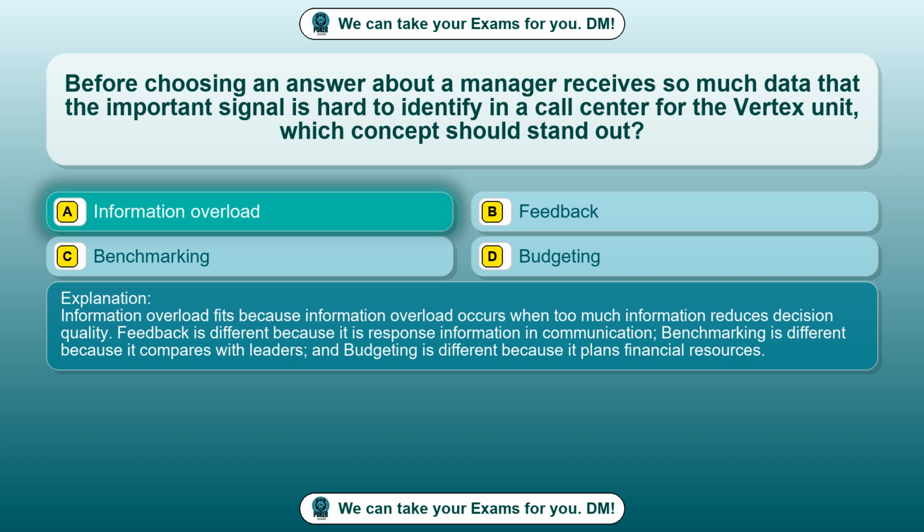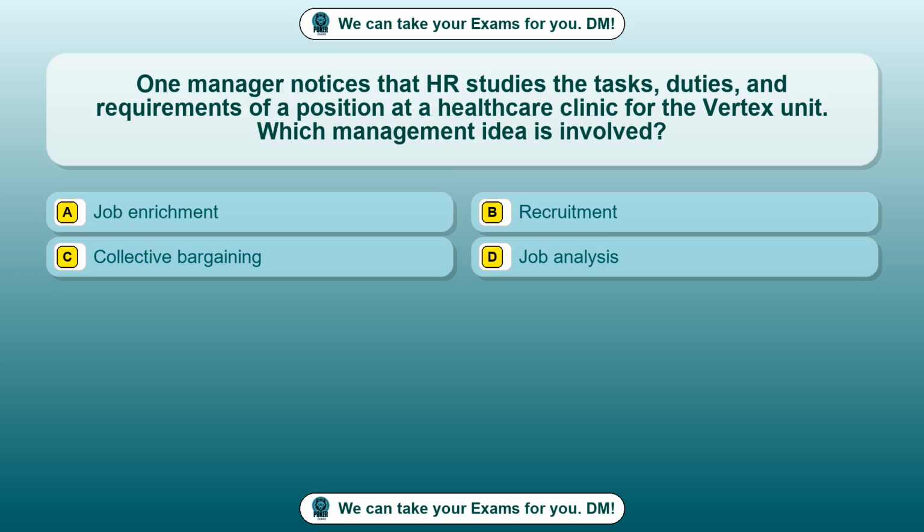Information overload fits because information overload occurs when too much information reduces decision quality. Feedback is different because it is response information and communication. Benchmarking is different because it compares with leaders, and budgeting is different because it plans financial resources. Question 37. One manager notices that HR studies the tasks, duties, and requirements of a position at a healthcare clinic